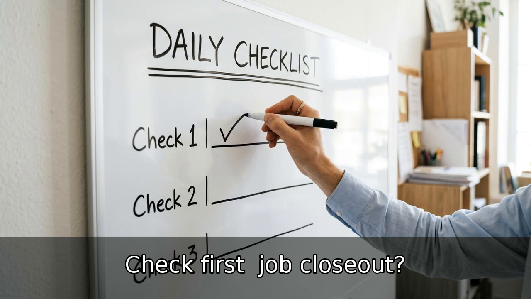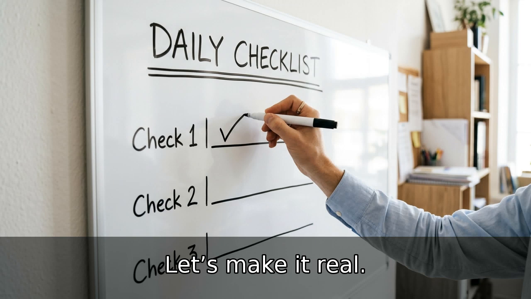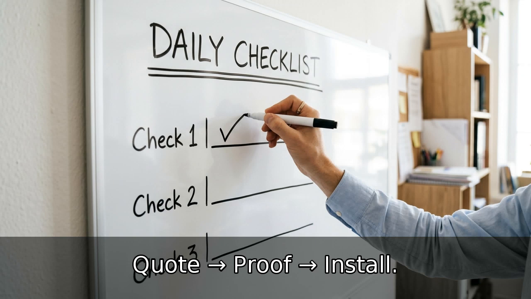Let's make this real. A sign shop's day is a chain. Quote gets written, proof gets approved, production gets scheduled, materials get consumed, the installer completes the job, then billing happens, the invoice gets sent, and the closeout gets filed. Only after that does cash reconciliation have something solid to match.